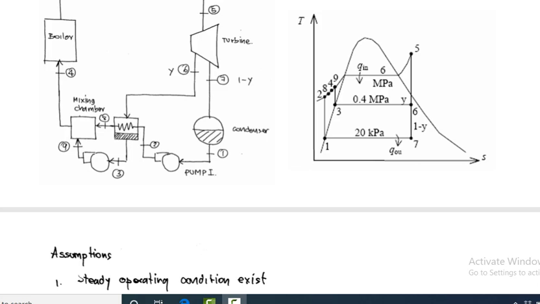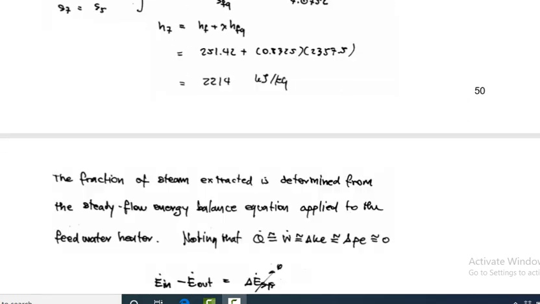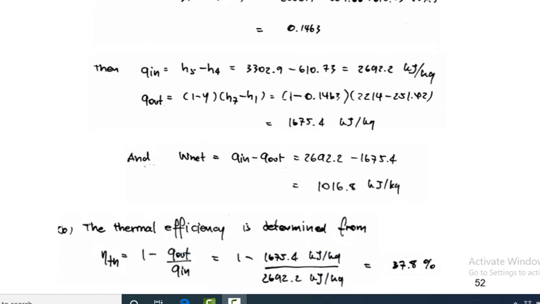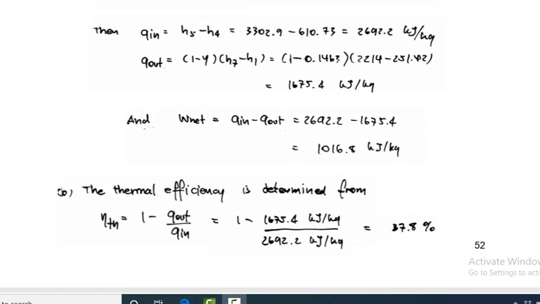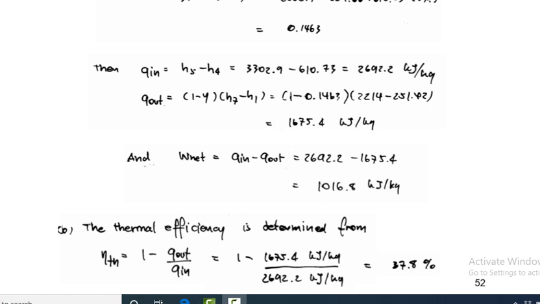You have to write this equation for the diagram. Q in equals h5 minus h4, put the values and you get 2692.2 kJ per kg, and then q out equals (1 minus y) times (h7 minus h1),